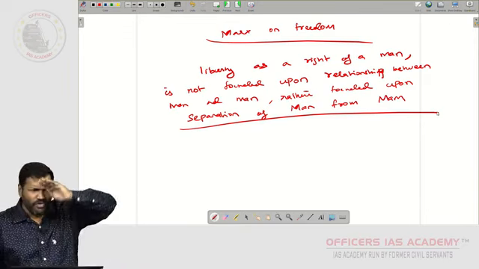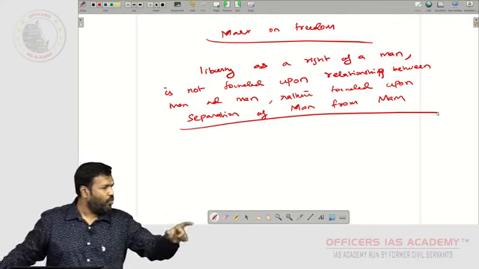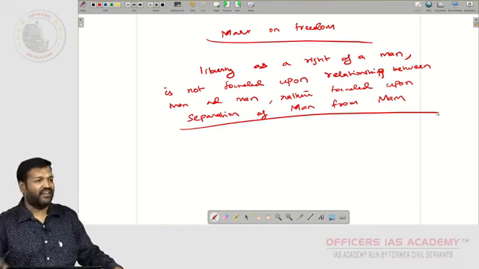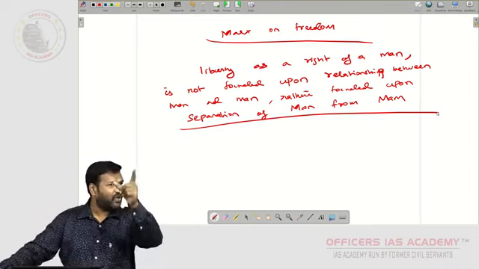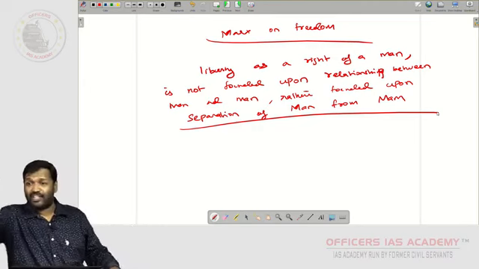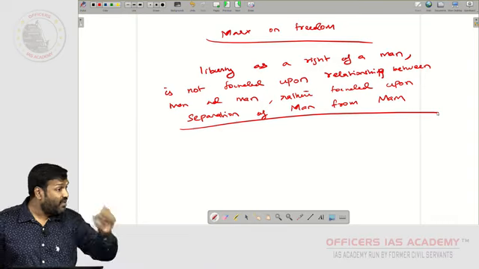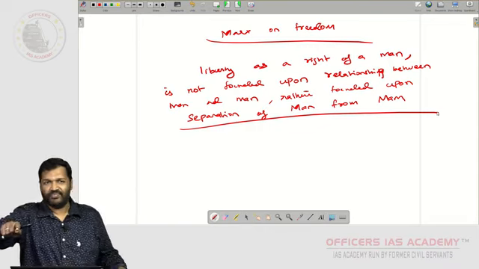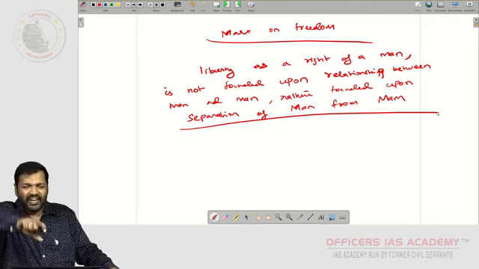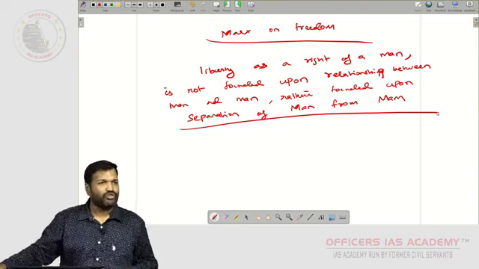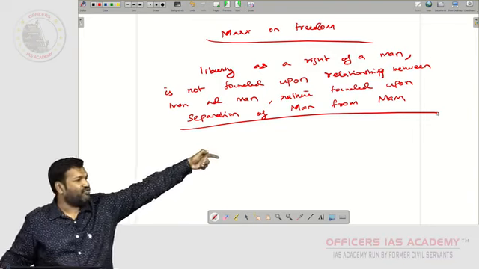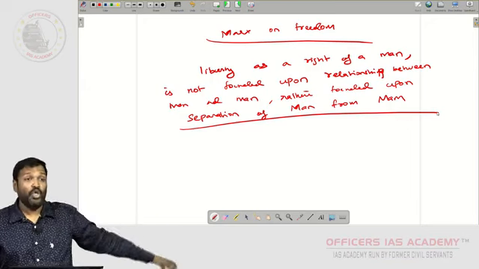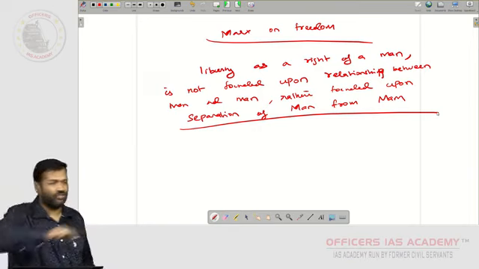No universal truth is possible. Always remember this. Any idea is a historical idea, says Marx. Any idea is a historical idea which has its roots only in the historical period. You understood? So freedom is an idea. The meaning of freedom is different in a capitalist society, it is different in a socialist society, it is different in a communist society. It is not the same everywhere. So what is freedom in a capitalist society, the society we are living in?